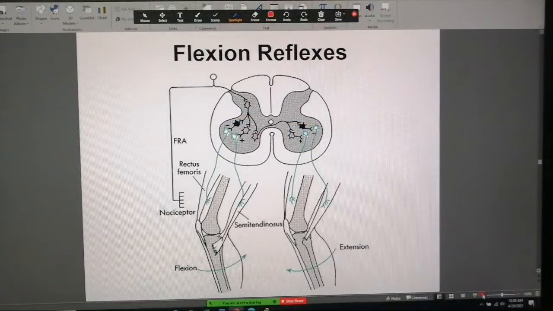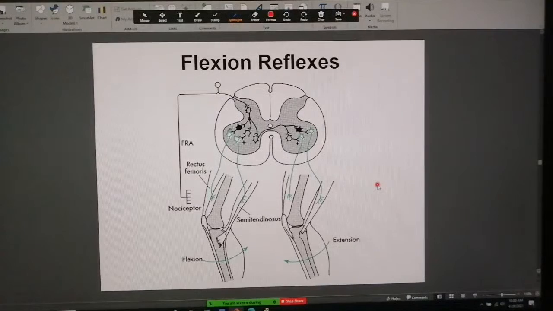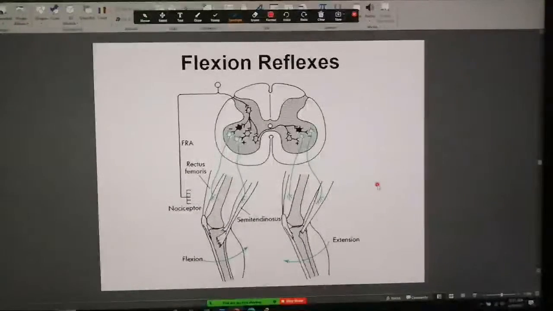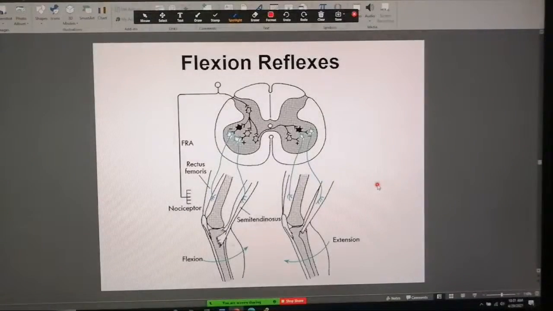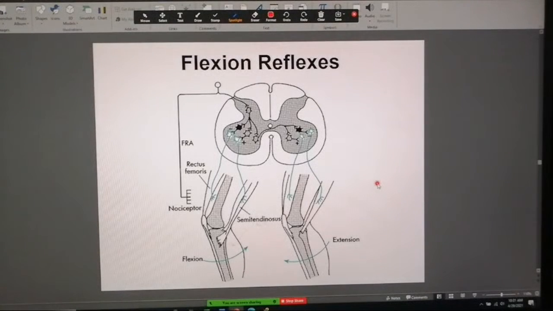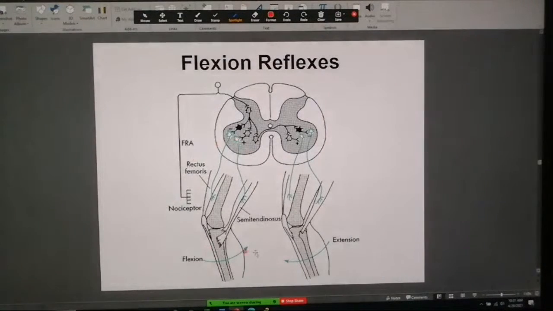Yes, but it needs to for balancing purposes, because remember, flexion is a protective mechanism for removing the limb from a noxious environment. While it's doing that, the body needs structural support. The other limb needs to go into extension. Remember, this scenario is typical in